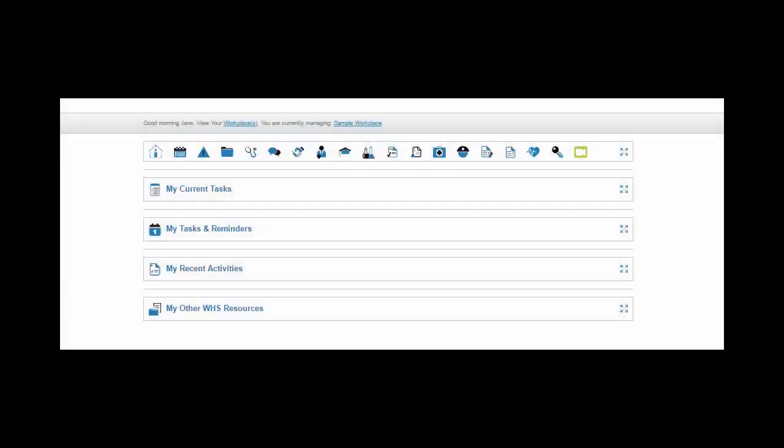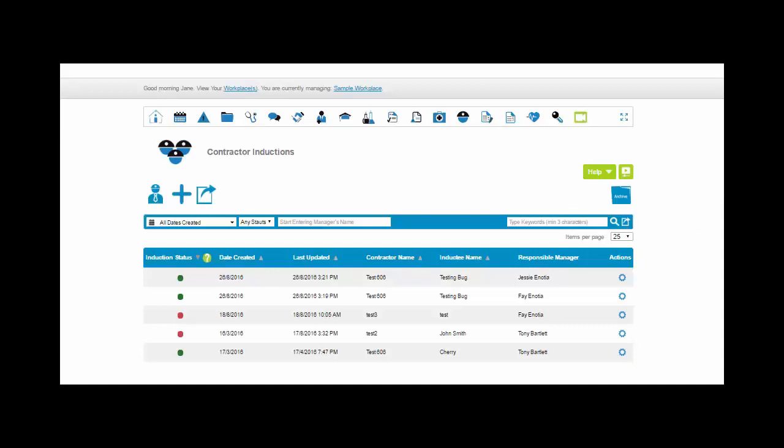Hello and welcome. In this tutorial we're looking at the desktop version of the Contractor Inductions module. This module facilitates storage and management of information relating to induction of individuals associated with contractors who access the workplace, including the option to store qualifications with expiry reminders and to assign responsibility for management to users with manager level access